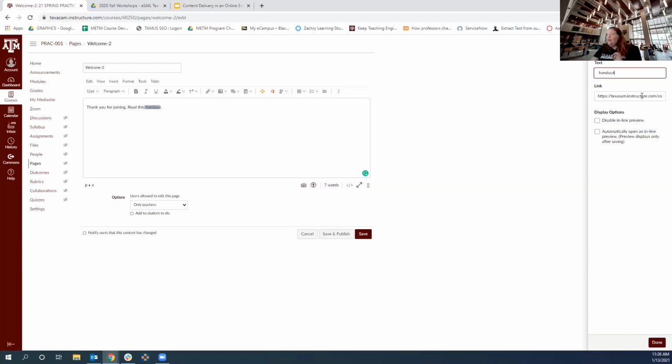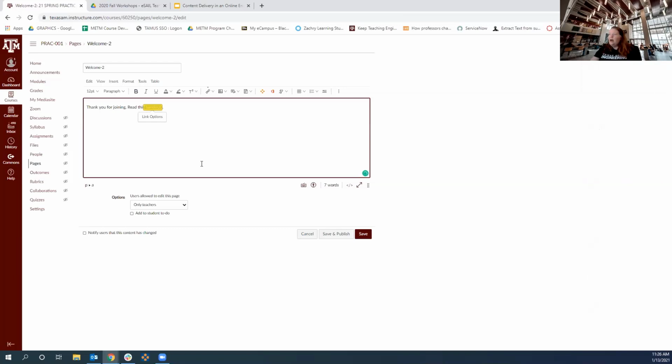Likely, if you're using course files and linking to course files, you won't ever touch this because this is a link the system creates. The other big thing here is to disable the inline preview or automatically open it. And I personally don't like it automatically opened. I'm going to leave this as it is, though. I'm not going to disable it. So you can see here in just a second what that means. So I'm going to hit done, but that's the choices you get when you click on link options, and it'll show you that. So now I have an extra T.